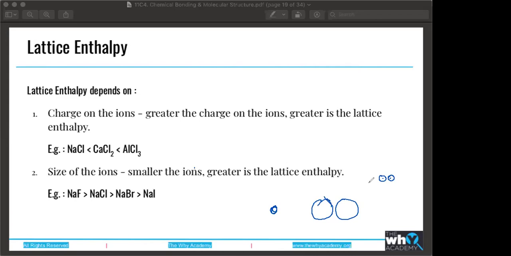Two small ions. Smaller, because the distance between the cores is smaller, so the overall distance itself is smaller. Okay, right. Now you already have the ions formed, so you have to purely look at the interaction between the ions that way.